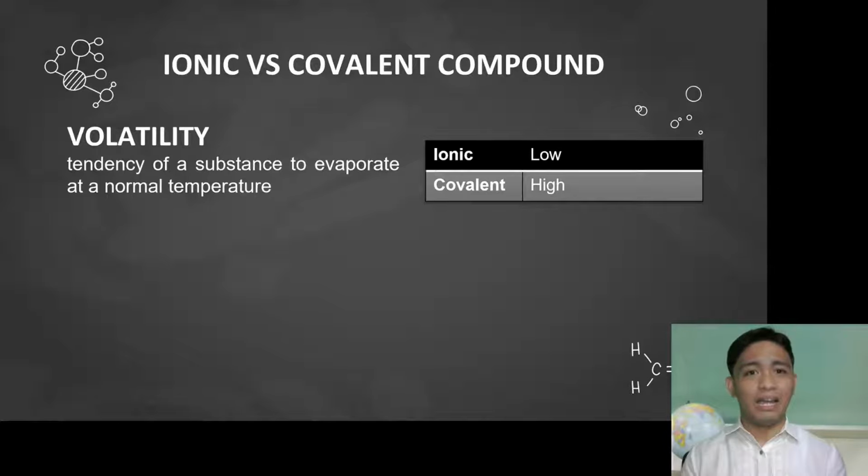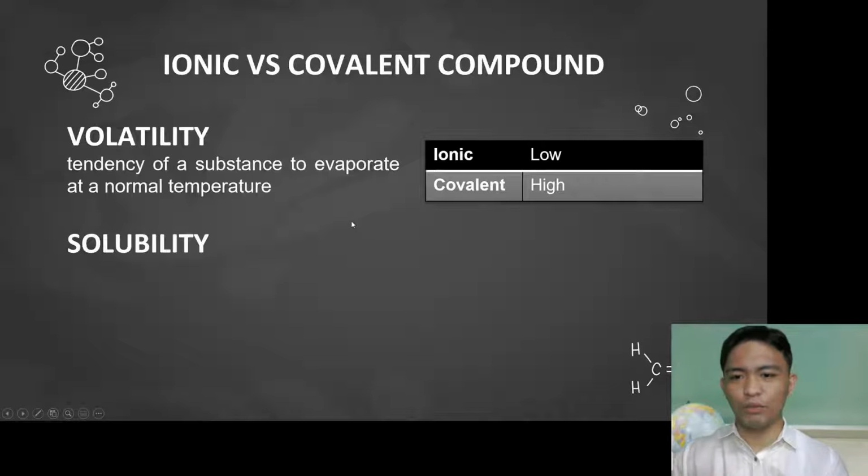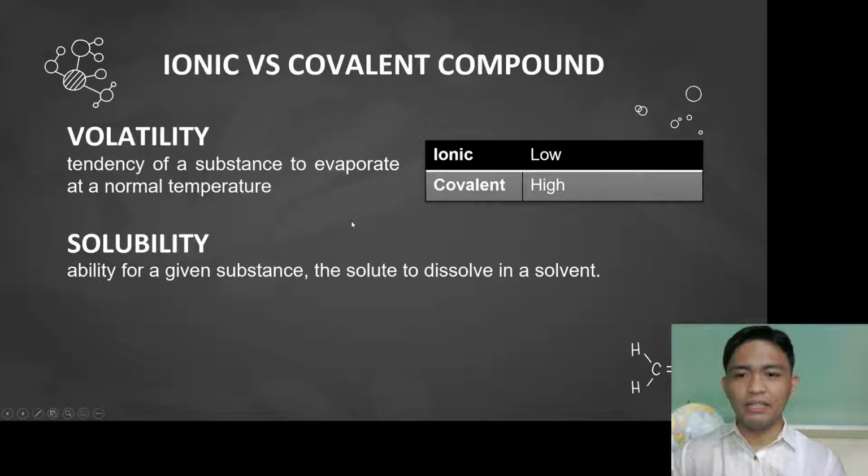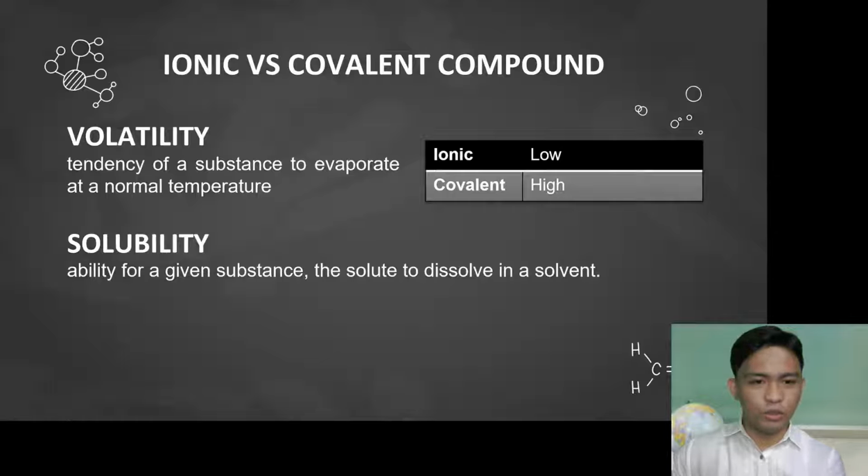Covalent naman, highly volatile, madali siyang mag-vaporize. Example ng covalent compound, yung petroleum. It has covalent bonds. Di ba pag nasa gasolinahan, naaamoy mo yung gasolina. Kasi pag sasalin ng gasolina, mabilis yan na nag-turn into vapors and diffuse sa ating air, kaya naaamoy ng mga nagpapagasolina na nandun. Okay? And lastly, we have what we call solubility, ability for a given substance, the solute, to dissolve in